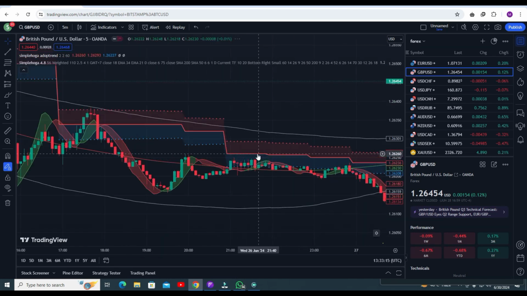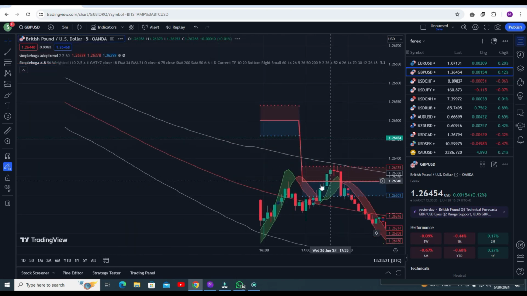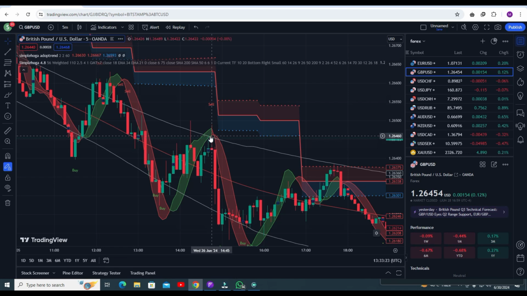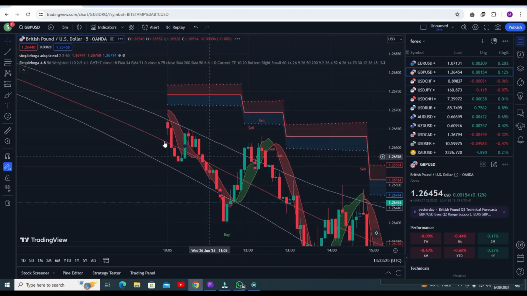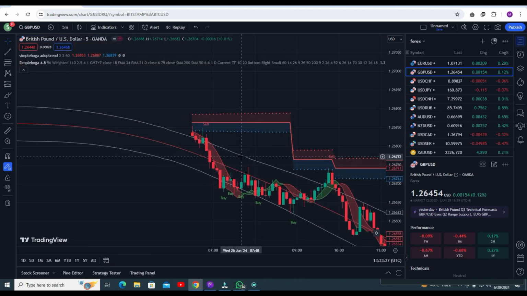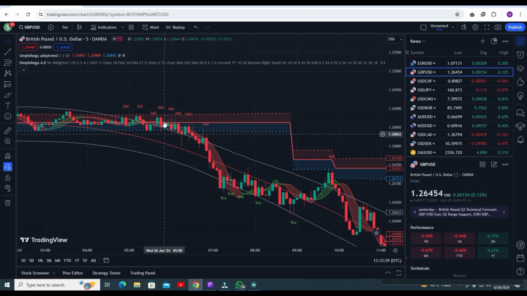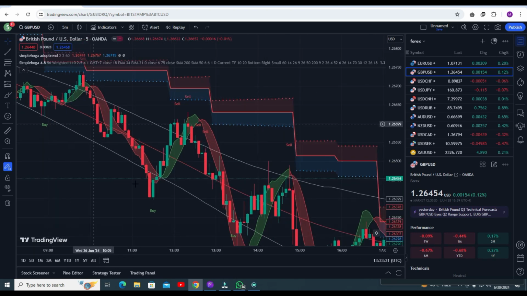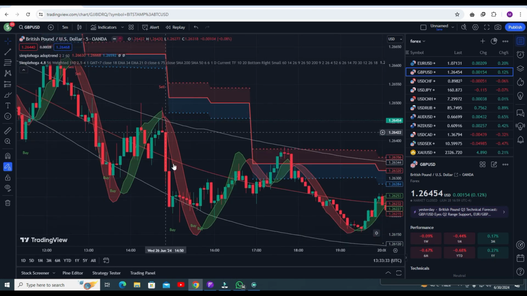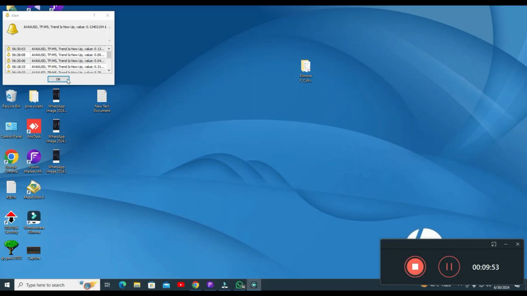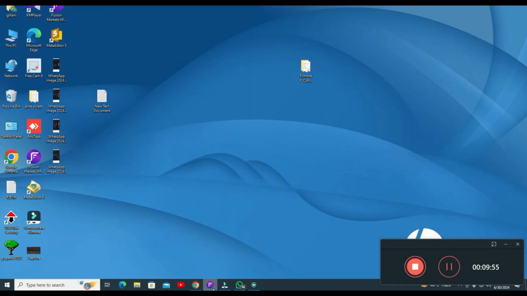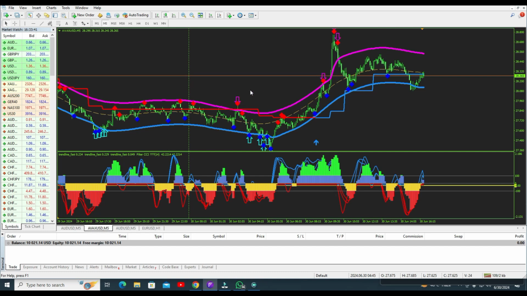Okay, when the adopt trend line is above the upper band line or middle band line, you need to go for the sell trade. That sell trade, this sell trade and this sell trade. You can see the first profit, the second one, the third one, the fourth one. Now you understand. Let me show you some demo, and at the end of the video I will show you this example as well.